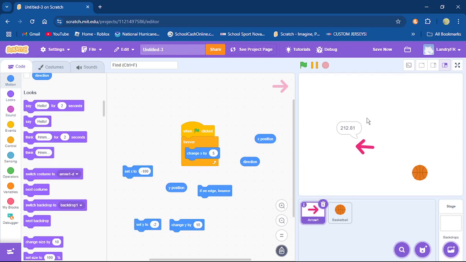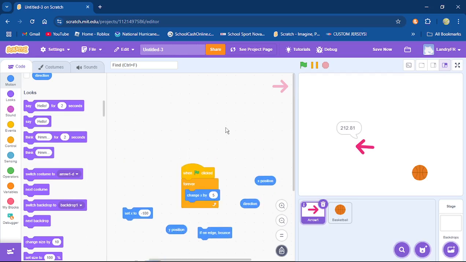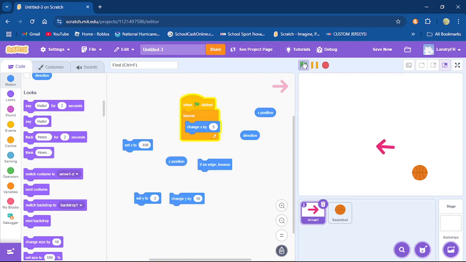Some people are going to use this for their actual game as a chat bubble, and you definitely can. But if I'm going to do this, I'm going to make my own chat bubble. I know how to do that, and that will be another tutorial. To make my own chat bubble with my own words in it, that's what's going to happen. So that's why you would use these. Switch costume to arrow is exactly what it sounds like. It's very straightforward. I just wanted to get rid of that say bubble.